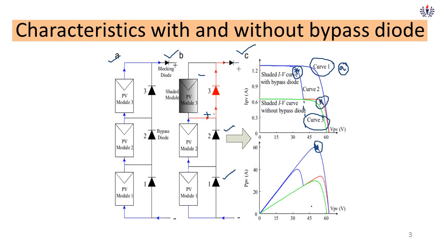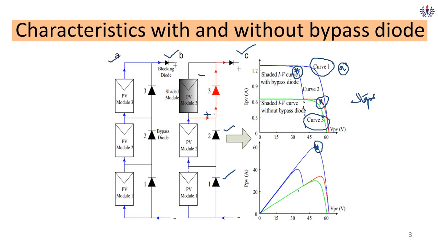So in this case, you know that multiple peaks are happening. Steps are also in the IV characteristics. Here you can see the steps in the IV characteristics. In uniform you have only one step, but in your partial shade case you have two steps. Here you have two peaks, of which the line corresponding to your blue color has the global power. The line corresponding to your red line has less power. I call it local power.